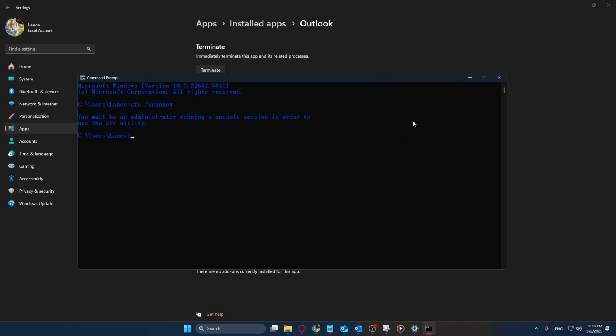And just like that, you've had a go at some robust troubleshooting techniques for Outlook. Whether you went the route of the repair or reset, or took the more technical path with the command prompt, these steps aim to get your app back in working order. If you restart and find everything is functioning smoothly, then congratulations, you've successfully handled